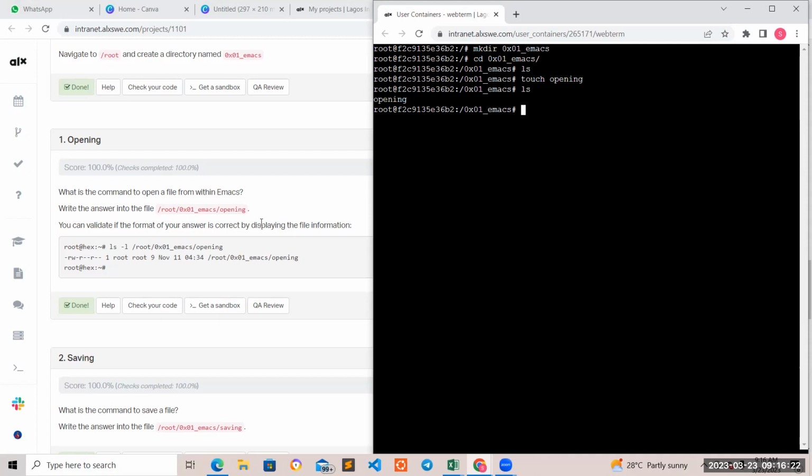So how do we now write into this file? Now, I'm going to show us two ways to do this. The first way is to use the echo style to write in, and the second one, I'll show us how to use the vi to write into this file. All right, so let's use the echo first. So now we're going to just type echo,